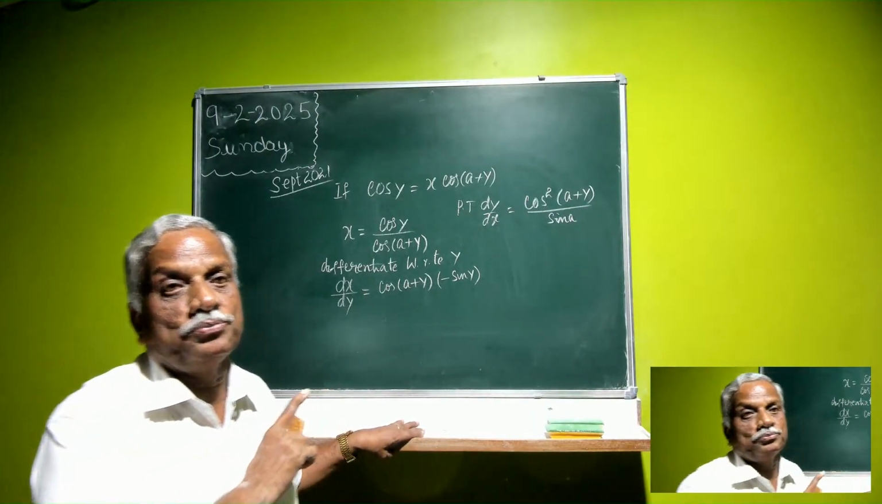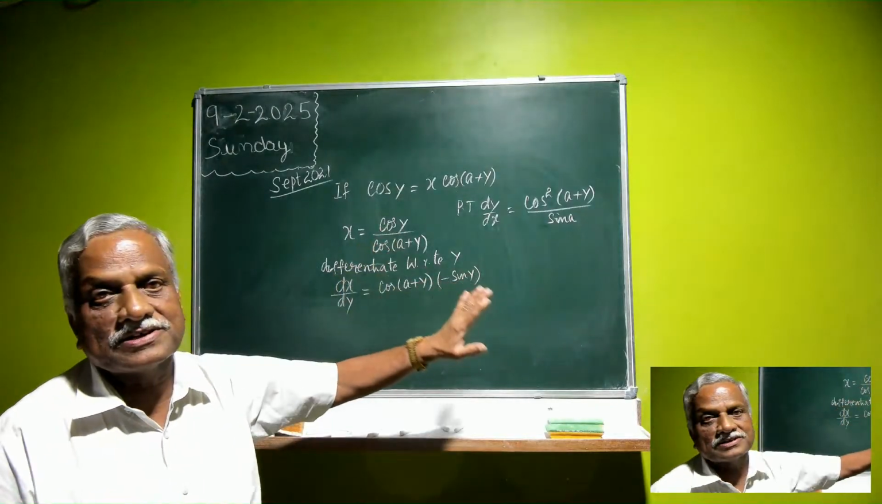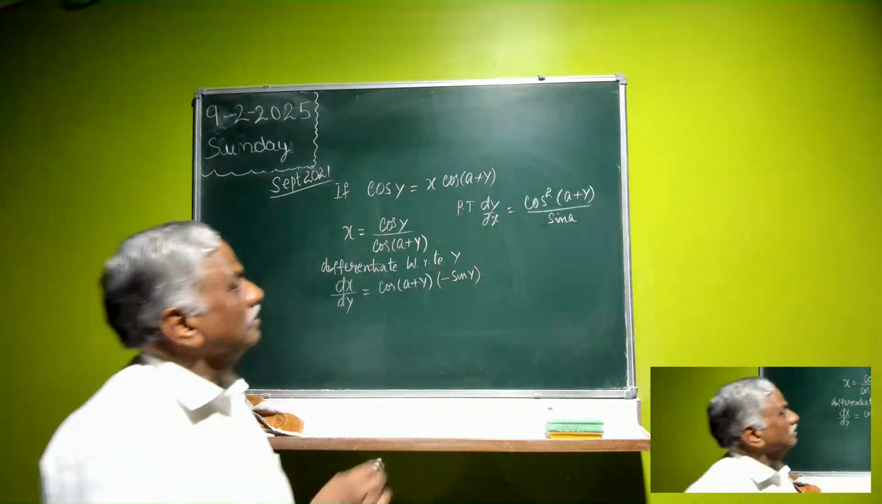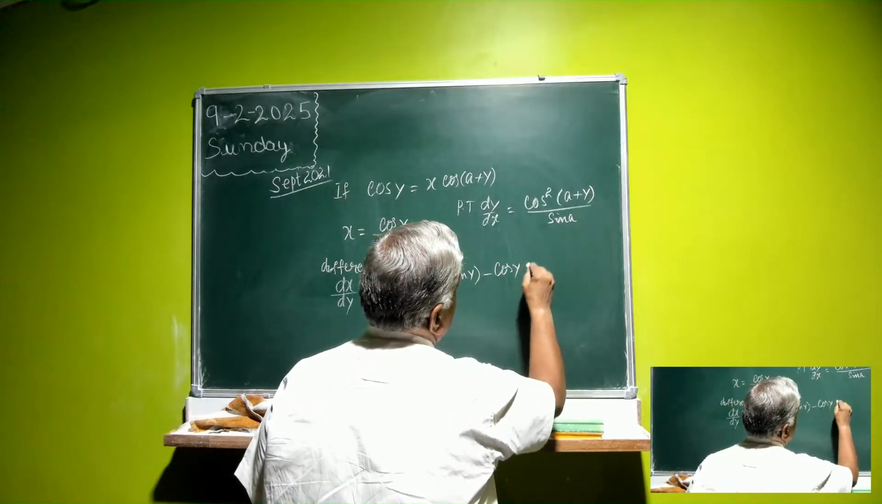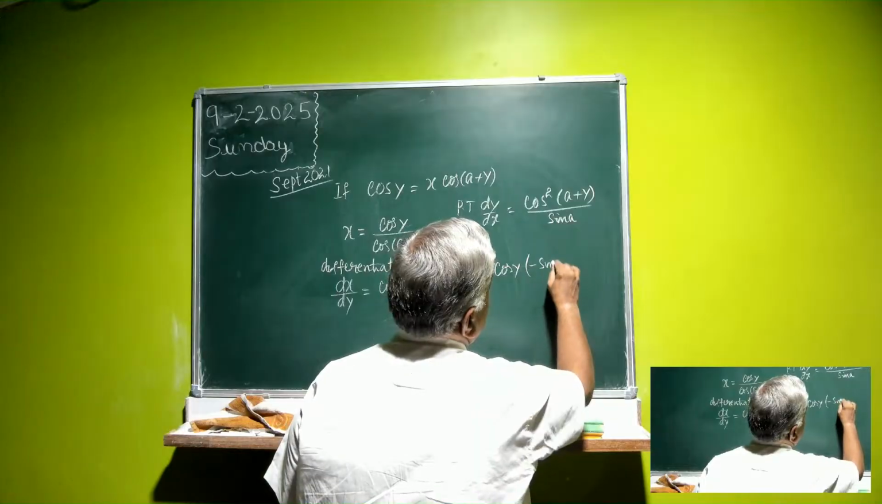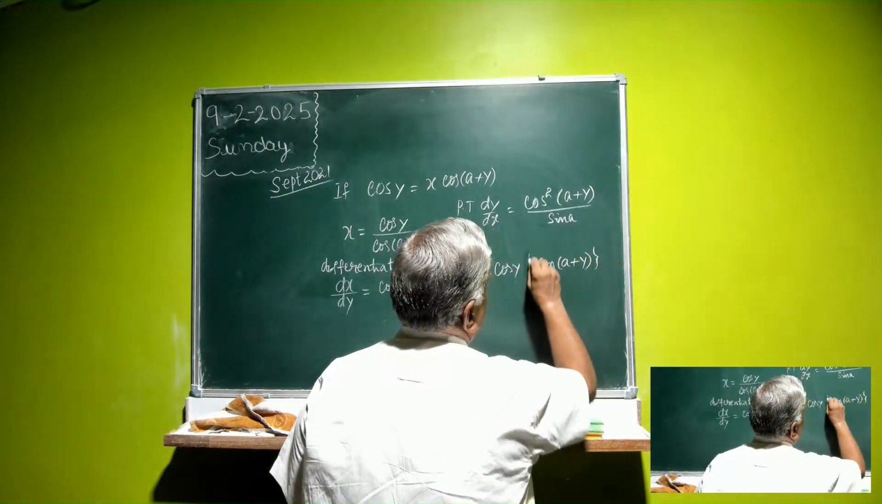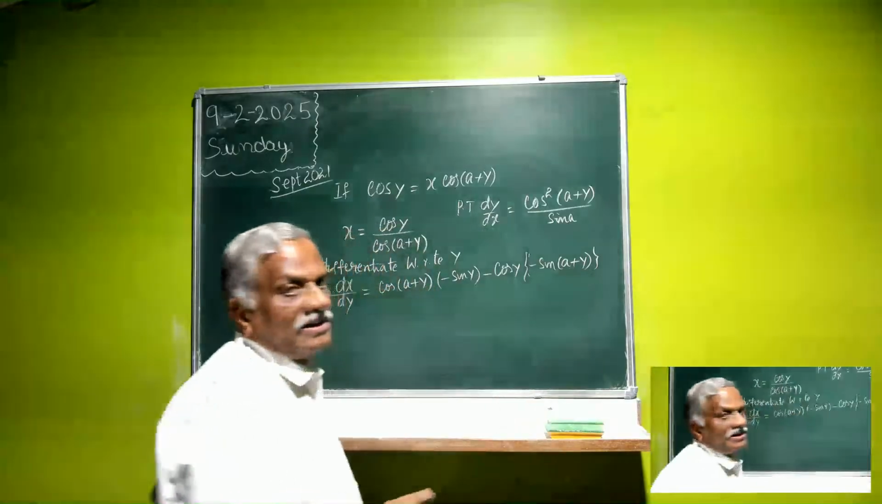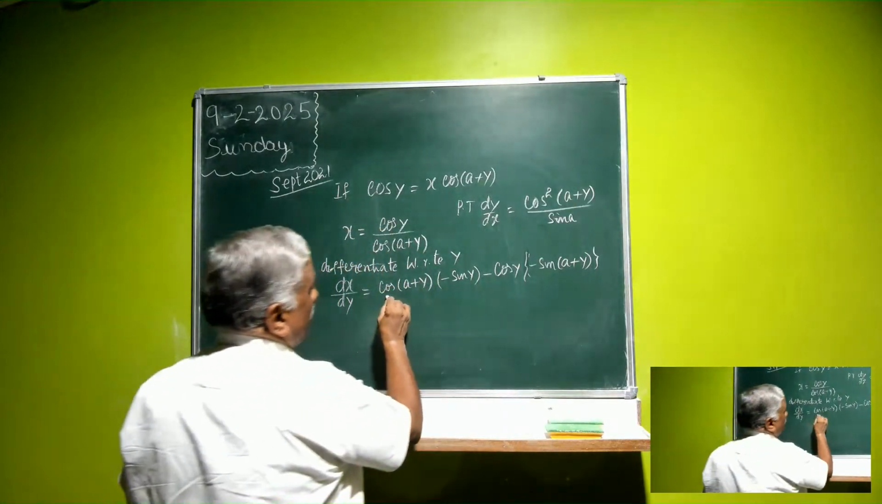This is a peculiar problem. Here we are differentiating with respect to y. So cos y differentiation is minus sin y. We are using the quotient rule. Keep numerator as it is. So differentiate cos of a plus y. It is minus sin of a plus y. And we have to differentiate a, that is 0, and y is 1. Divided by,